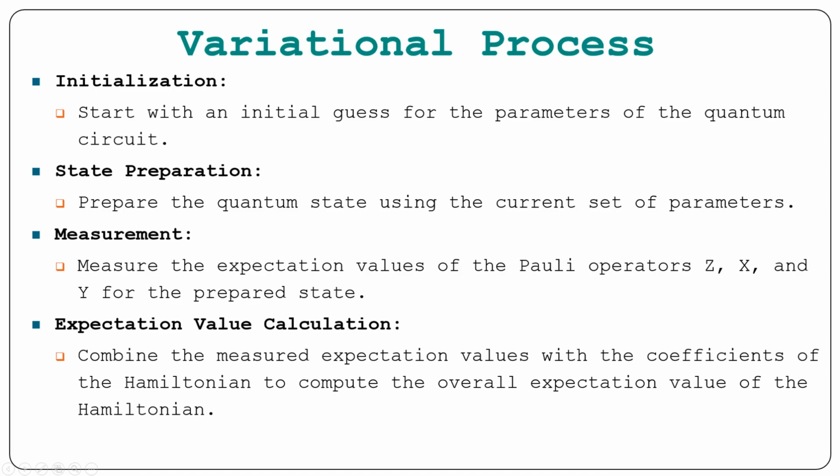The optimization in VQE is achieved by iteratively adjusting the parameters of the quantum circuit to minimize the expectation value of the Hamiltonian. This is done using classical optimization algorithms, which evaluate the expectation values for different sets of parameters and update the parameters to find the minimum value. The process involves preparing the quantum state, measuring the expectation value, and using this measurement to guide the optimization. So in the optimization step, classical optimization algorithms are used to adjust the parameters to minimize the expectation value